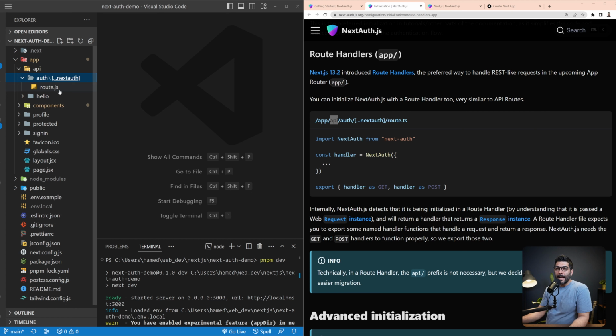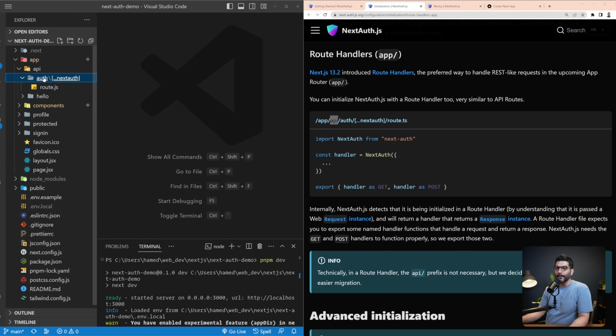Now inside the app directory, you don't have to put it in the API folder. You could just include this route.js or TS file inside any of these folders, and we'll turn that path into an endpoint. The only limitation is that it cannot live at the same level as a page or layout, because in that case, Next.js doesn't know if you're trying to hit the endpoint or if you're trying to get the page itself. But to make this easy, as it's recommended inside this Next-Auth documentation, we are putting it inside the